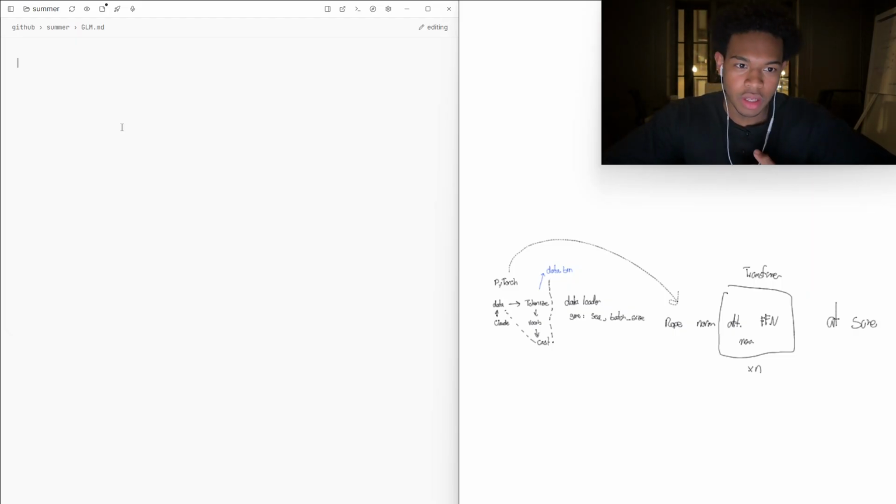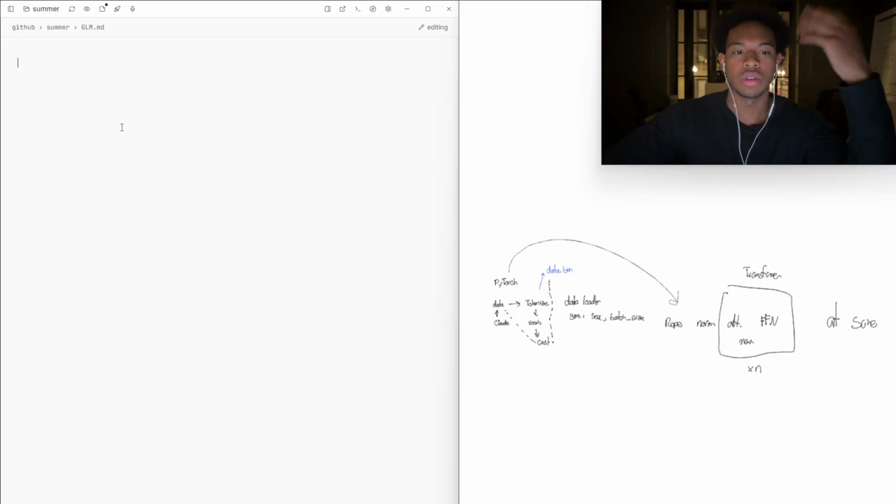So, hello, this is the beginning of the design doc for a project that I'm working on. We're going to call it GLM, which stands for Groot Language Model. The overarching goal is to build a very small, technically language model, but in the same structure as Llama 3, maybe without the grouped query attention. Maybe, I don't know, I'm not entirely sure, but I want to do it in PyTorch, and I